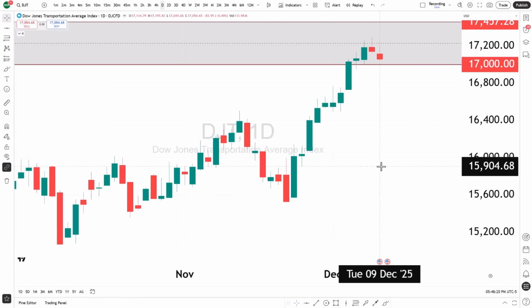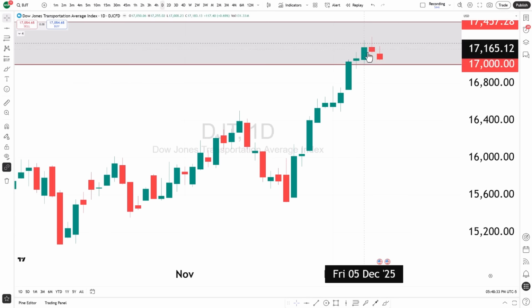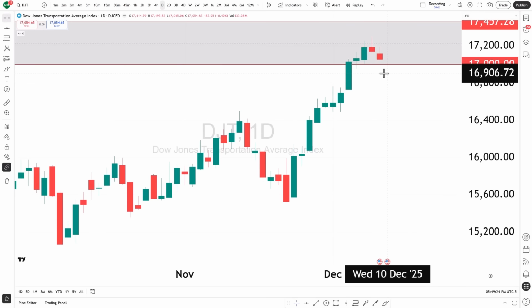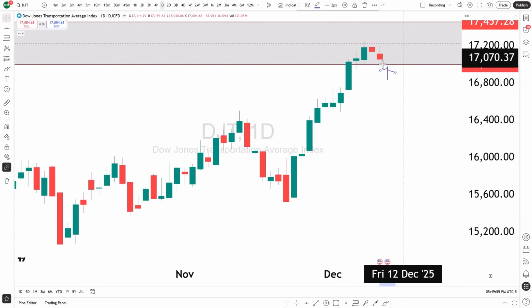What's going on with the folks over at the transportation department? We're down 0.49%, finding some resistance near the midpoint between these two resistance numbers that is creating this zone of overhead resistance. And we're on our way back to retesting 17,000, the front end number. So we can make our way back down and potentially use that number as support, which we've seen multiple times, or on the flip side, we could spike right on through it, start to close candles below, and then even utilize it as overhead resistance on the way back up. But really, there's no material change for the transportation department, still trading within this zone.